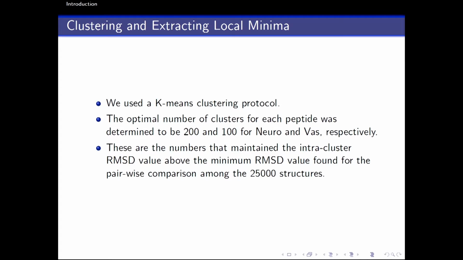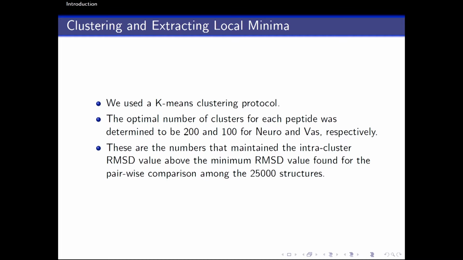Okay, so after the conformational search was done, we wanted to extract the actual, hopefully the location of low energy structures to try to elucidate the conformational preference of these peptides. So we have those 25,000 conformations. We clustered them using a standard clustering protocol called k-means. And from all the 25,000 conformations, we generated clusters of structurally similar